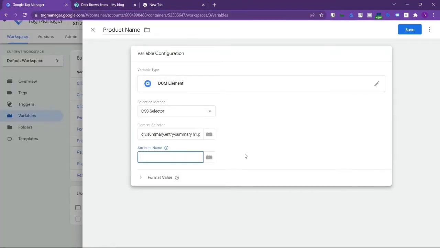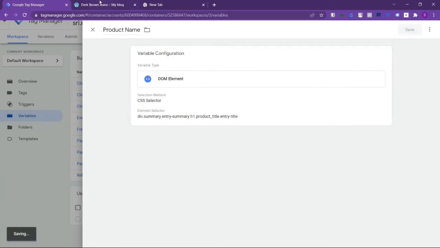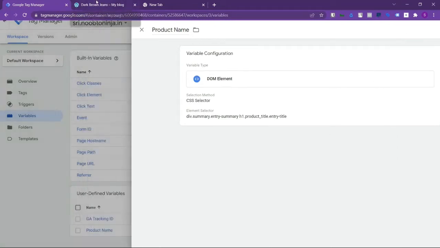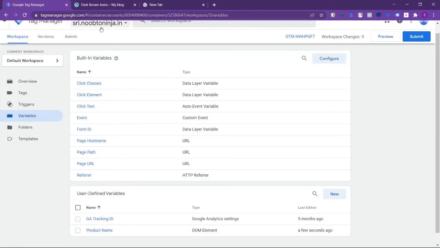We can optionally give the class attribute name, as it is a class. So there's no need for now. There's no need because we are using a hierarchical selection, not a single element selection. So there's no need to give an attribute. So I'm saving it. That is our first purpose of CSS selectors in GTM, when we need to create